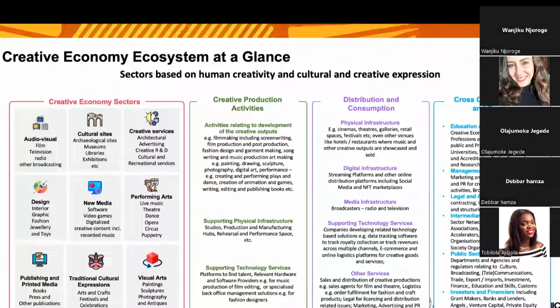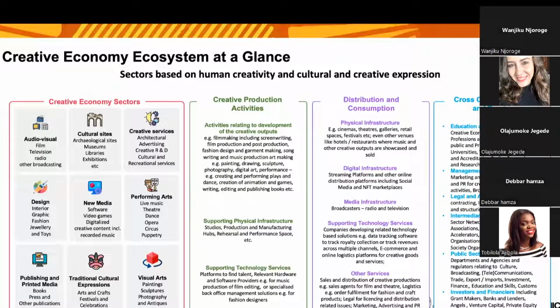There's also supporting technology for the creative production aspect. So it includes platforms to help you find talent. So in film, for example, there are platforms that can help you find actors or cinematographers or designers. I know that in some markets, there are platforms to help you find stylists or makeup people, or different DJs, different types of creative skills.